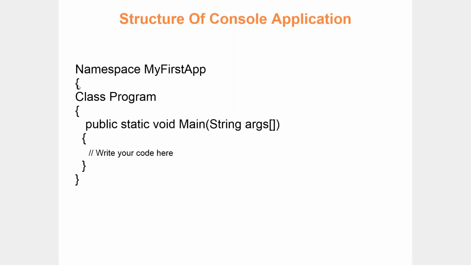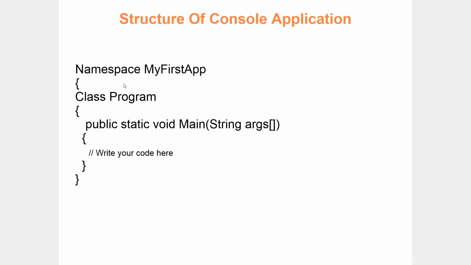Namespace name, beginning of the container, end of the container. Beginning of the namespace, end of the namespace. A namespace is a kind of container where you can place a collection of classes, structures, and interfaces. Inside this namespace, you can place a collection of classes, structures, and interfaces. It allows you to define a number of classes, structures, and interfaces. There is no limitation. Basically, the nature of a namespace is that it acts as a container, a group, for a collection of user-defined data types.